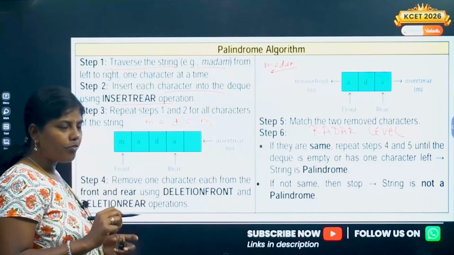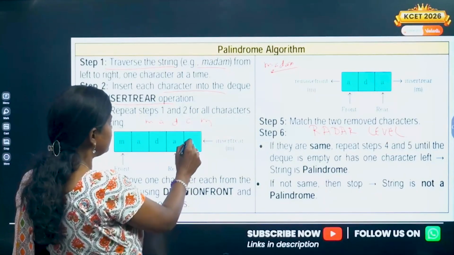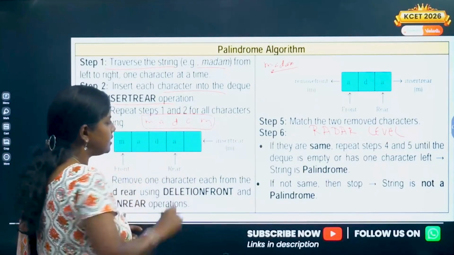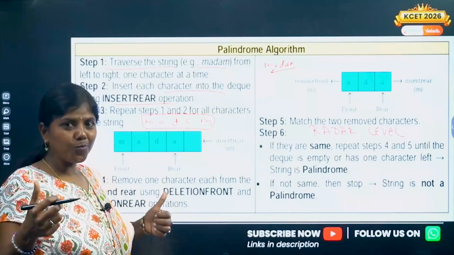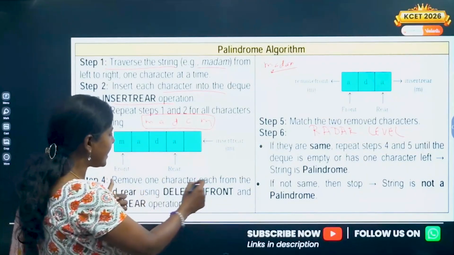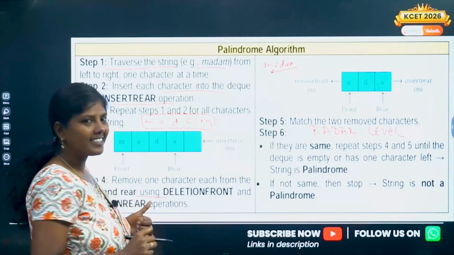After that, what we will do: let's consider madam is already inserted. After doing that, you have to remove one character each from the front and the rear.